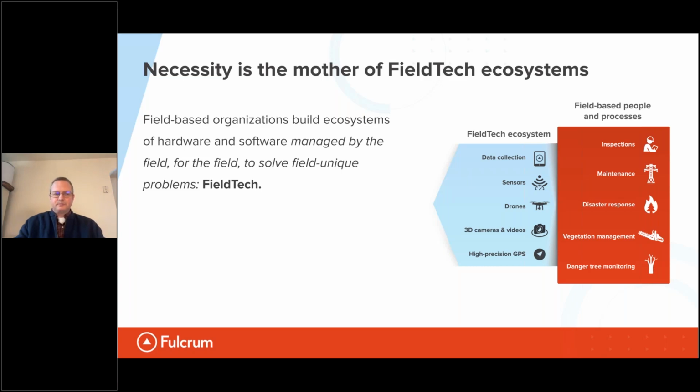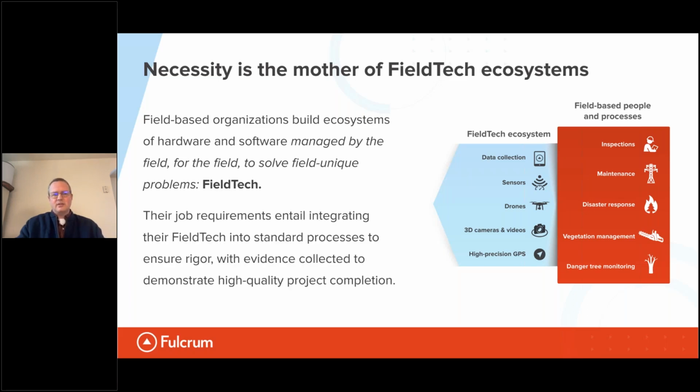Now, by the way, I want to emphasize here too that I mentioned that we can't count on IT to understand us well enough to solve our problems, but we want to make sure we're working closely with them. And there's a lot of ways that having a good field tech ecosystem can help IT, but that's beyond the scope of today. I want to emphasize the fact that I'm not talking about trying to go against IT here. I'm just saying that you need to be able to solve your problems out in the field